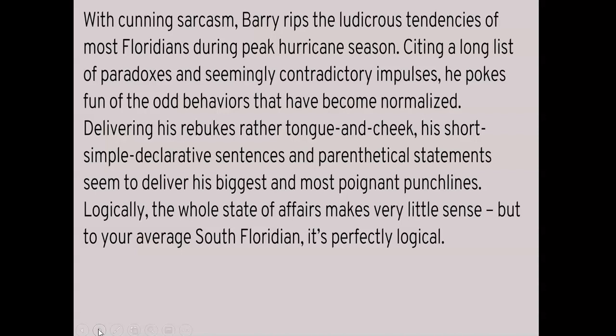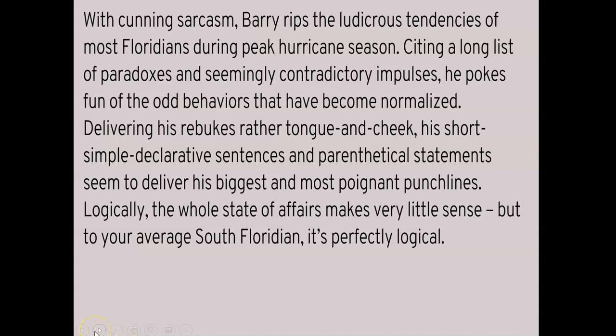I like the word rips a lot. With cunning sarcasm, Barry rips, right? So sound like you're 16, sound like you're 17, right? Tongue in cheek. So those colloquials and vernaculars mixed in with the other tier two vocabulary adds a nice pizzazz, flair. I think when students do this, they're definitely going to get the sophistication point, right? So out of the gate, this kid's blazing.